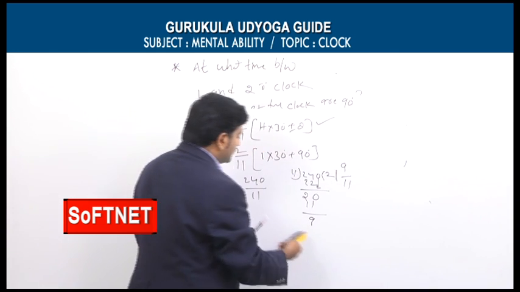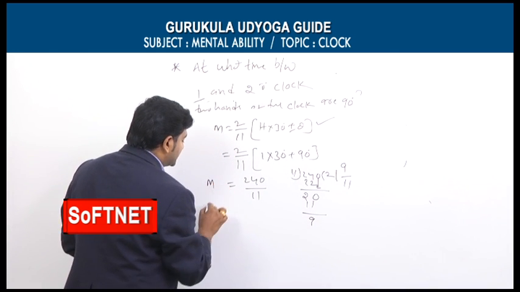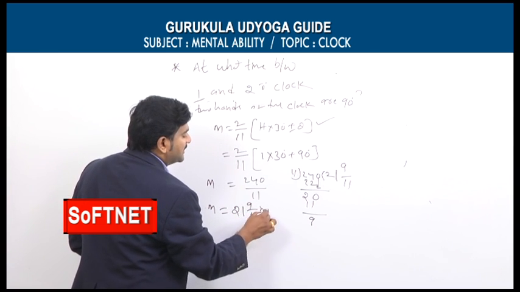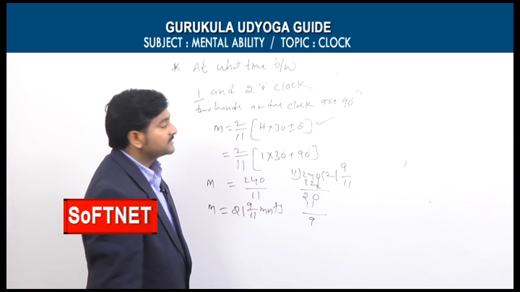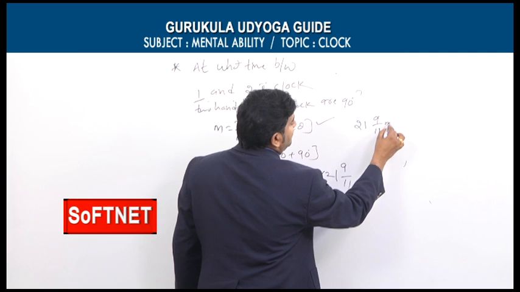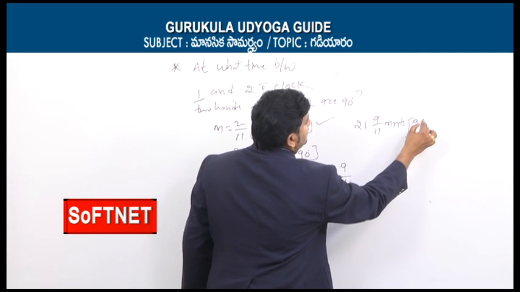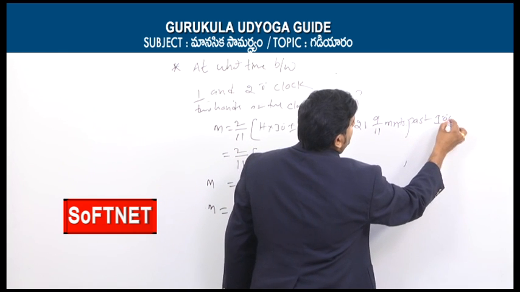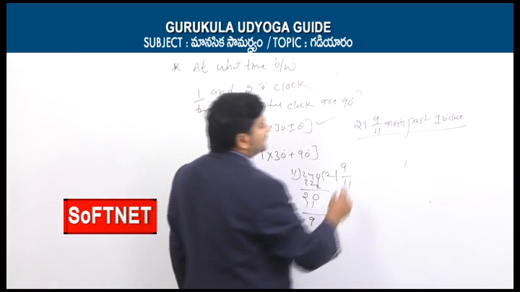Now observe here. So what is the final answer? Here the m value is 21 9 by 11 minutes. So what is the final answer? 21 9 by 11 minutes past. So what was the given time? 1 o'clock. Past 1 o'clock. Therefore, by using this condition,